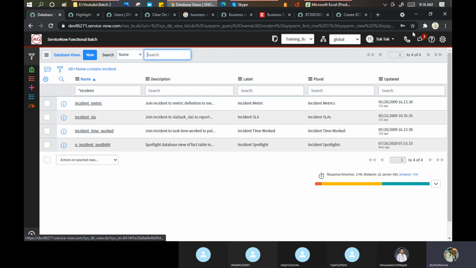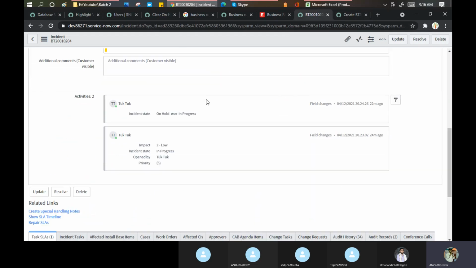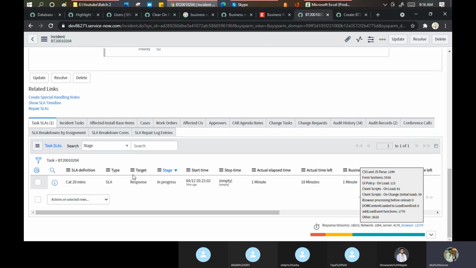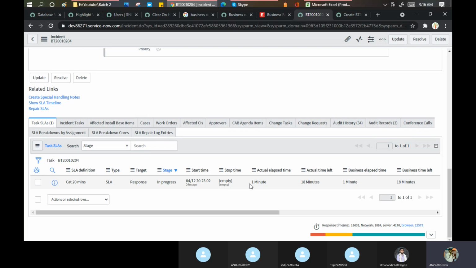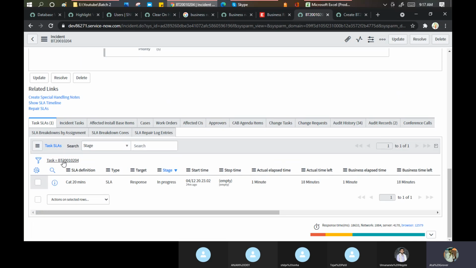Incident SLA. Now, if you notice one thing, I have my incident is this, right? I have an SLA running here, right? Yes or no? Yes, sir. Right? Now I want to report that a few fields should come from this particular table, and a few fields should come from this particular table, and both are different tables. This form is basically on the incident table, and this SLA is coming from the